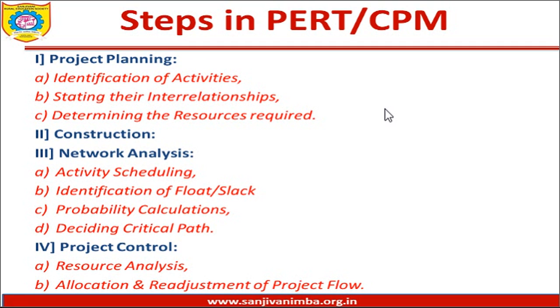Float and slack points are nothing but this: sometimes it happens that after activity 1, activity 2 happens, so the end point of activity 1 and the beginning point of activity 2 are different. There is a time lag between them, or sometimes the finishing time of activity 1 is more than the starting time for activity number 2. So in those kinds of complex situations you need to have some alterations to ensure that you will meet the deadlines, and you will also ensure effective consumption of resources. So that is the identification of floats and slack for controlling parameters.